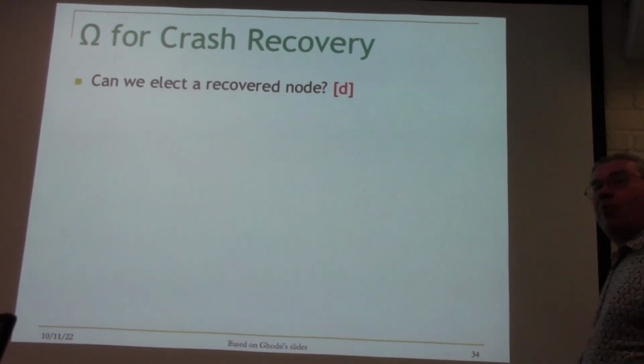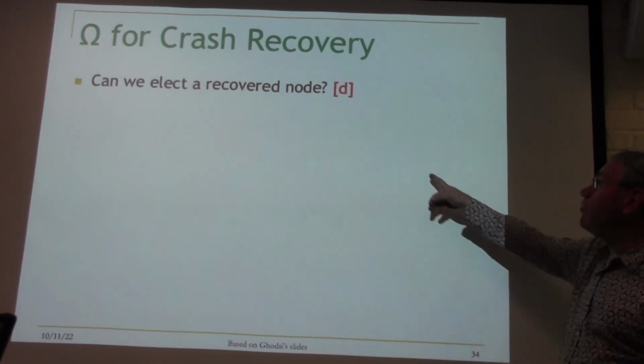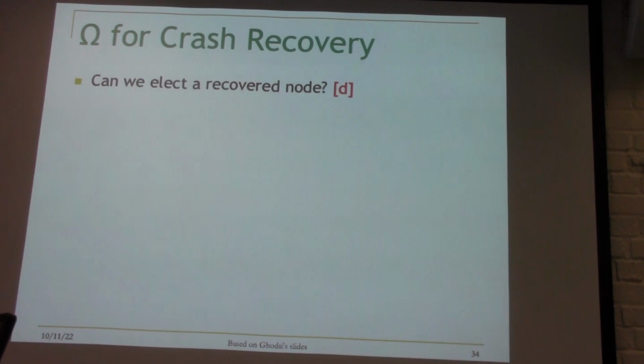Let me now grab our good buddy crash recovery, which is kind of a nasty failure mode. Crash stop is easy. The node just stops doing stuff. But crash recovery, it has some stable storage and it can reboot and keep going. What if we want to do leader election for crash recovery? How do we do that? Because what can happen for crash recovery? It can crash and it reboots. But then it can crash again and reboot again.